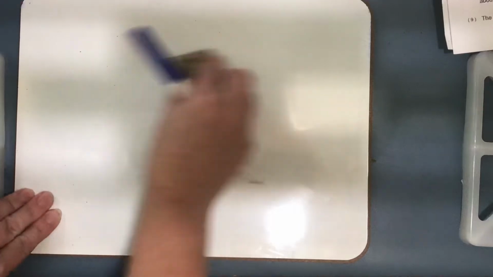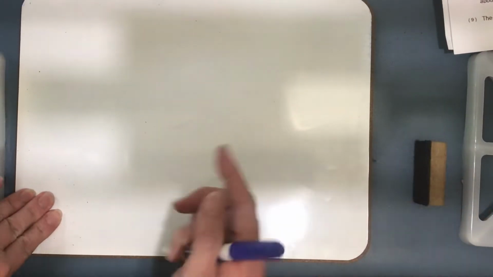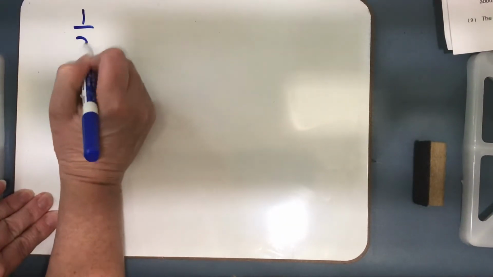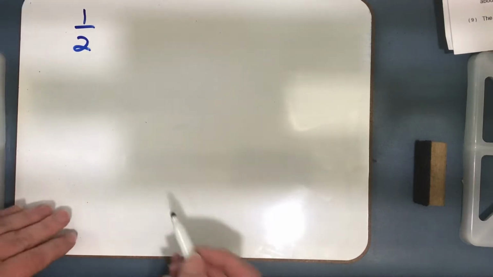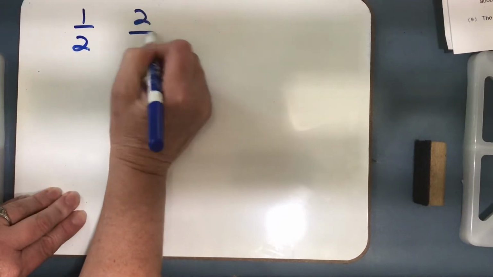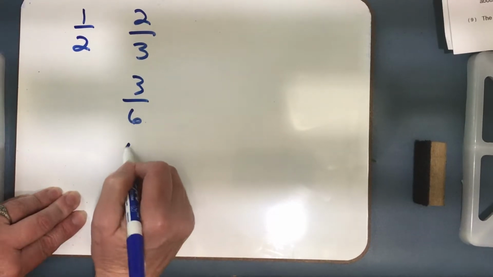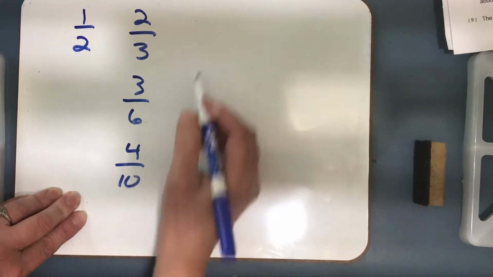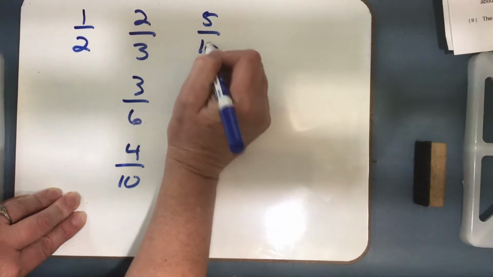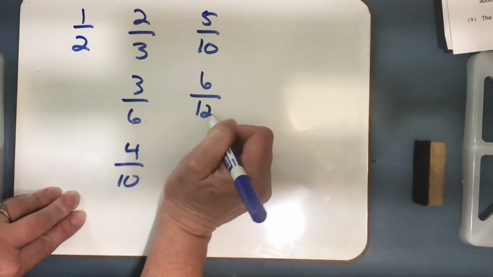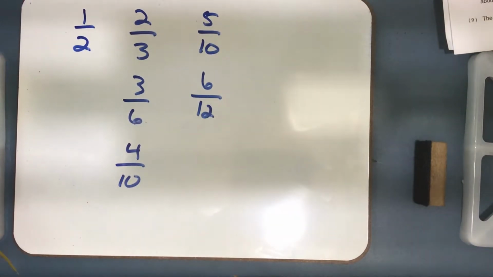And then number 2 asks you which fractions are equivalent to 1/2. Remember, equivalent means the same amount. So we have 2/3, 3/6, 4/10, 5/10, and 6/12. Remember that if a fraction is equivalent to 1/2, the numerator is exactly half of the denominator,